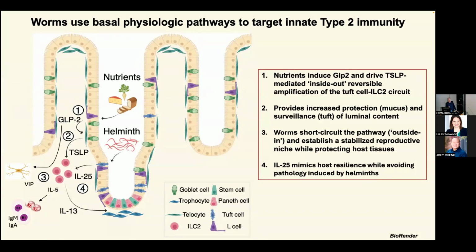And I've tried to outline the basal biologic steps in the nutrient pathway that helminths presume to live in, this space that is so critical to us, and we simply ignore it and assist their reproductive lifestyle. But helminths hijack this system. They cut in at the tuft cell level, another protist in the mouse, and activate the tuft cell and activate this internal circuit from outside in, rather than interrupting the normal food circuit that goes on normally in these mice. And IL-25 seems to mimic this host resilience while avoiding a lot of the pathology that is induced by helminths.